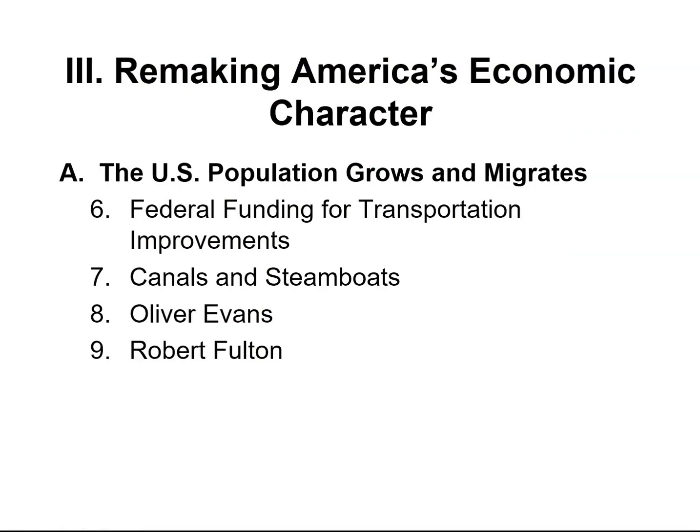Interstate trade demands federal funding of internal improvements to transportation, such as the National Road. So that's kind of cool that we have this national road being built. We also see a need for improved efficiency in water transportation, and that's going to result in the construction of canals to connect river systems and the building of steamboats for sending goods upriver, because before you could only go downriver, right? We need some type of mechanism or some type of engine that can get those boats back upriver